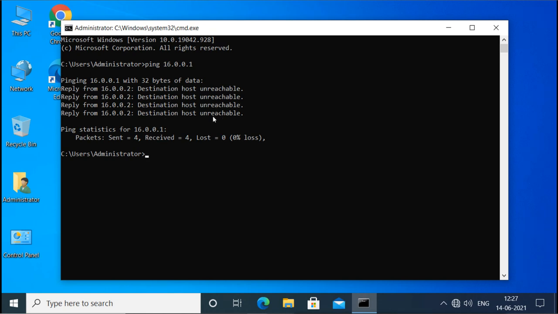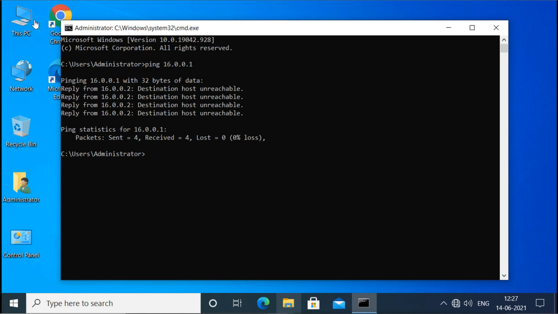Now I'm using virtual machines here. This is VMware virtual machines. So you have to make sure that both the virtual machines are in the same network configuration. You have to configure both machines: your server, your client or your other server must be in the same network configuration.